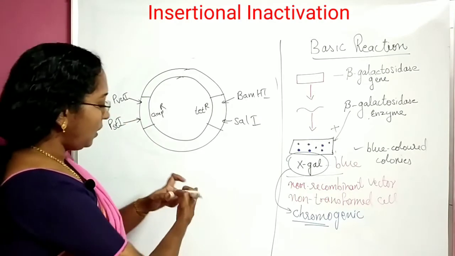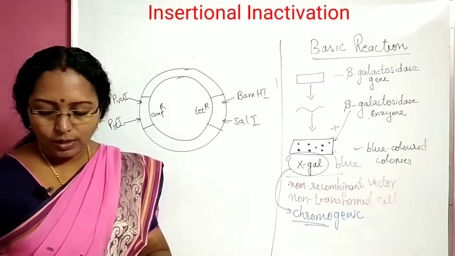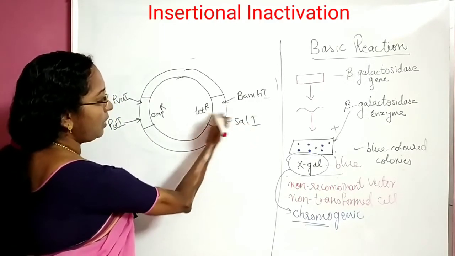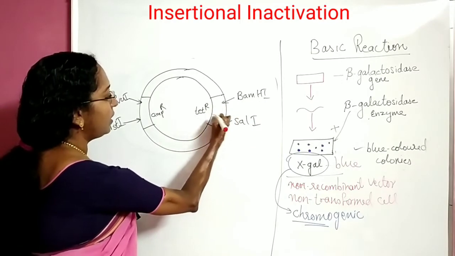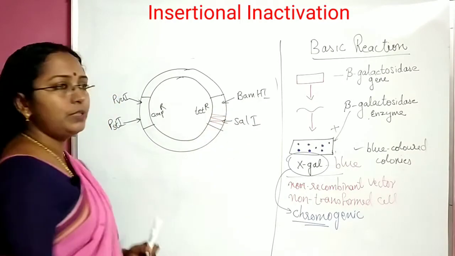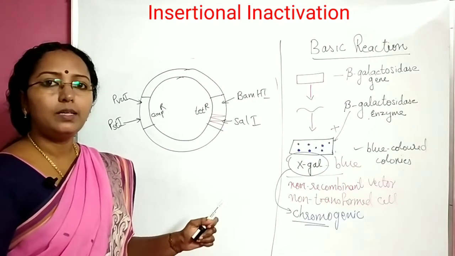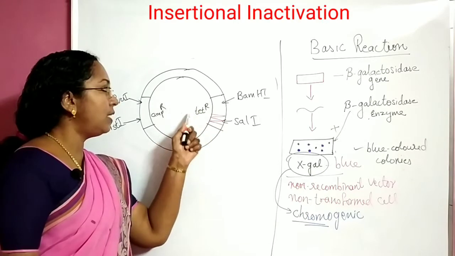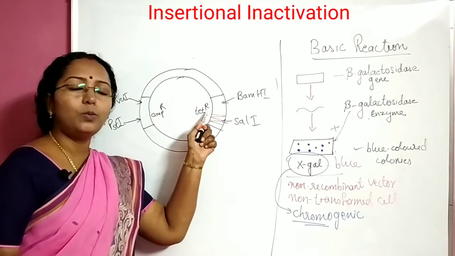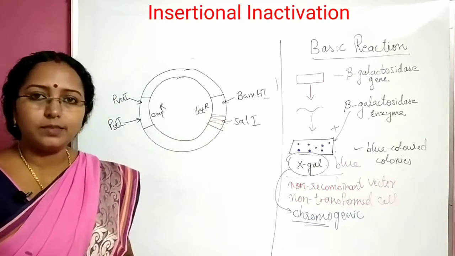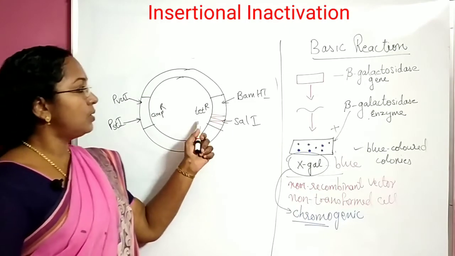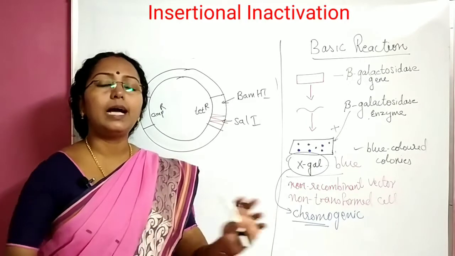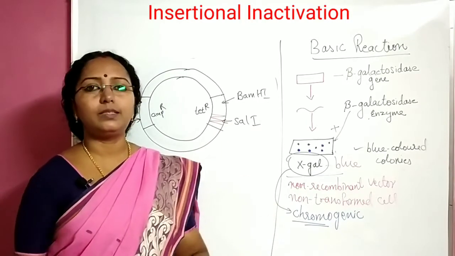Now if you cut with any of these four restriction enzymes, say suppose with SalI you are cutting this tetracycline resistant region and you are inserting your gene of interest. What happened here? You have inserted your gene here. So this tetracycline resistance is now no more there. It became inactive. That means if you grow such a cell inside tetracycline medium, it will die. It doesn't have the property of resisting tetracycline.